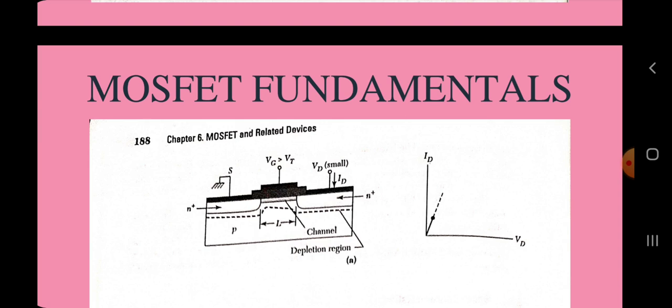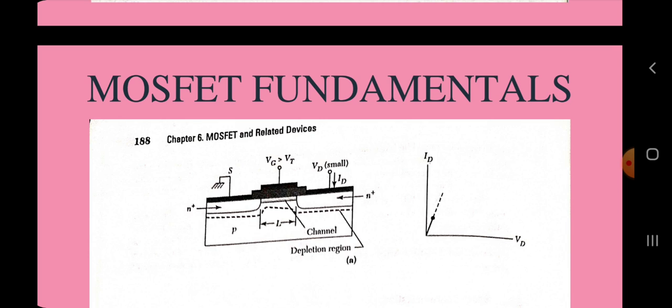When the drain voltage increases, eventually it reaches VDSAT, at which the thickness of the inversion layer Xi near y equal to L is reduced to 0. This is called the pinch off point P. Beyond the pinch off point, the drain current remains essentially the same because for VD greater than VDSAT, at point P the voltage VDSAT remains the same. Thus, the number of carriers arriving at point P from the source, or the current flowing from the drain to the source, remains the same. This is the saturation region, since ID is constant regardless of an increase in the drain voltage. The major change is a decrease of L to L dash, as shown in the figure.